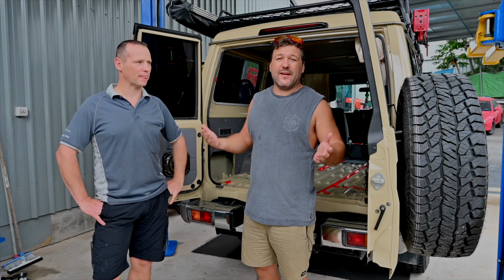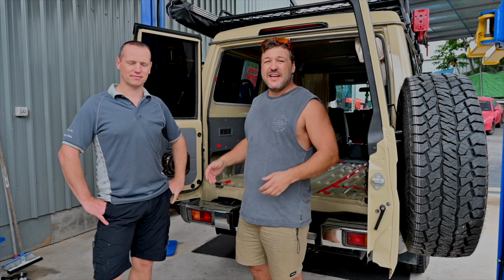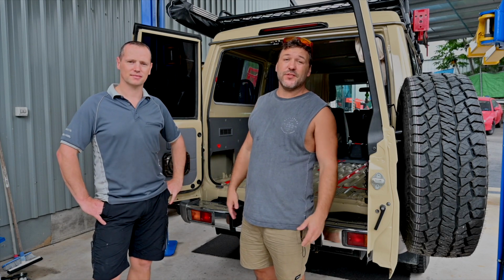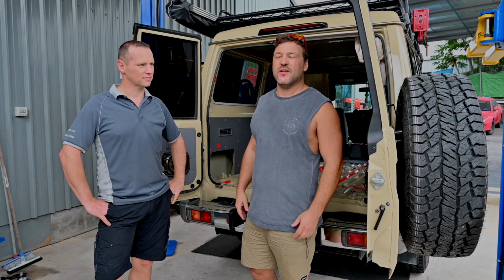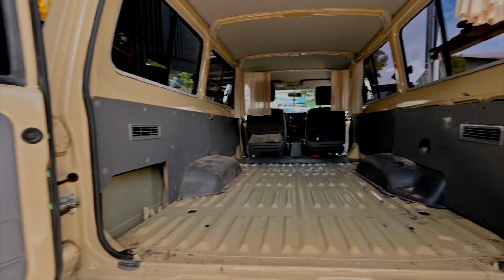The world is back open again, I hope, and I've got a new rig. So this is my Troopy. It's a 2019 V8 Cruiser Troopy. I've named this thing Dunes, so she still needs a ton of work, but literally first off the rank, I'm